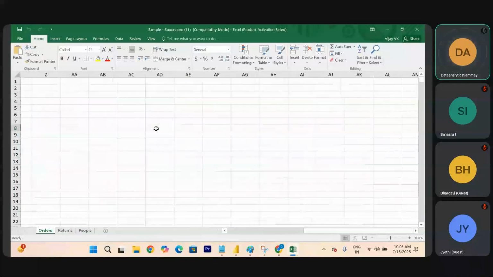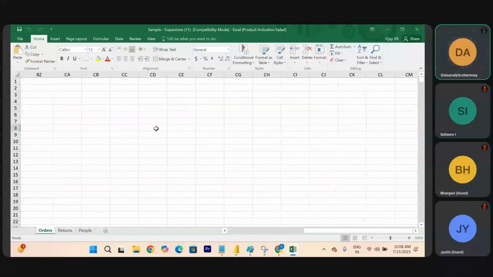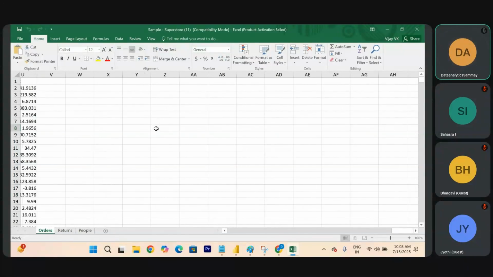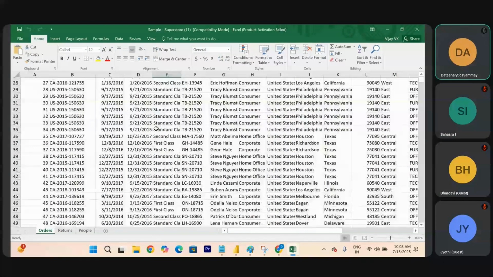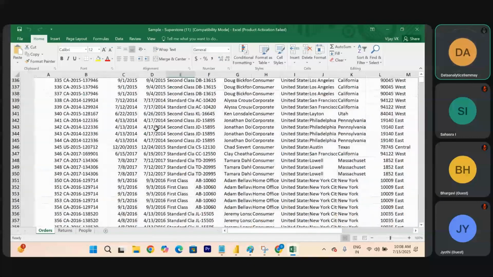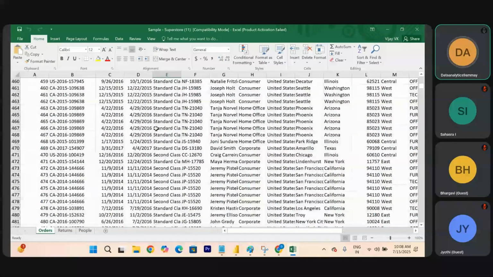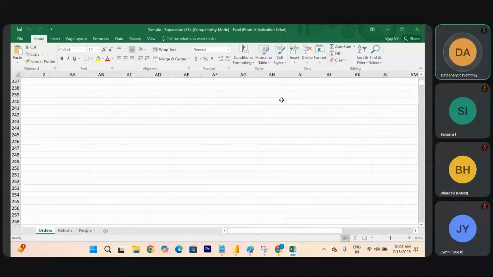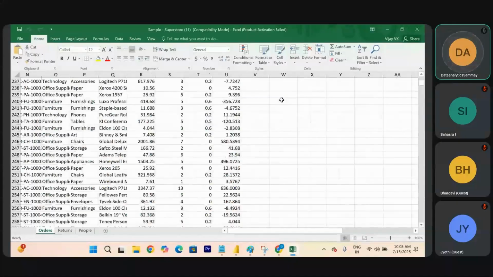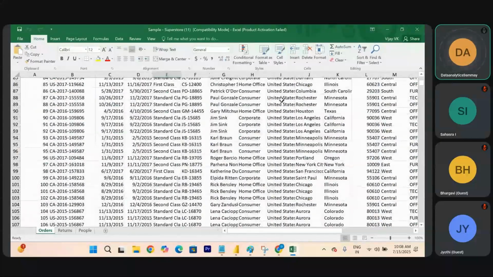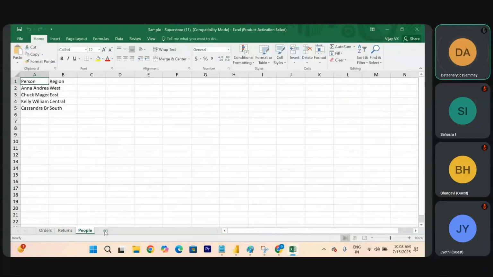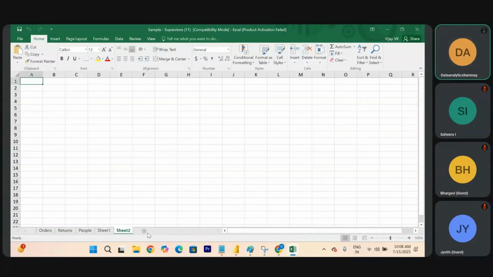Once you go across, you will reach 16,000 plus columns. 16,000, it is not an easy thing, right? Once you go down, you will reach 10 lakh plus rows. Just imagine 10 lakh multiplied by 16,000. It can hold a huge amount of data, right? You can add as many sheets as you want. Which means Excel also holds a huge amount of data, right?